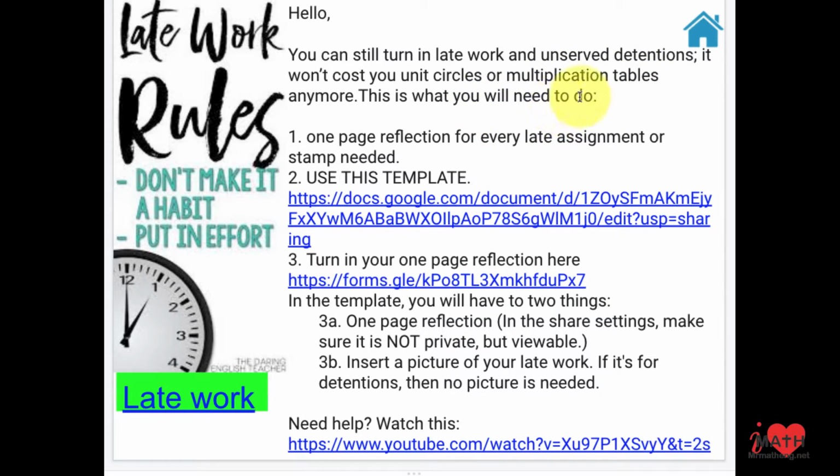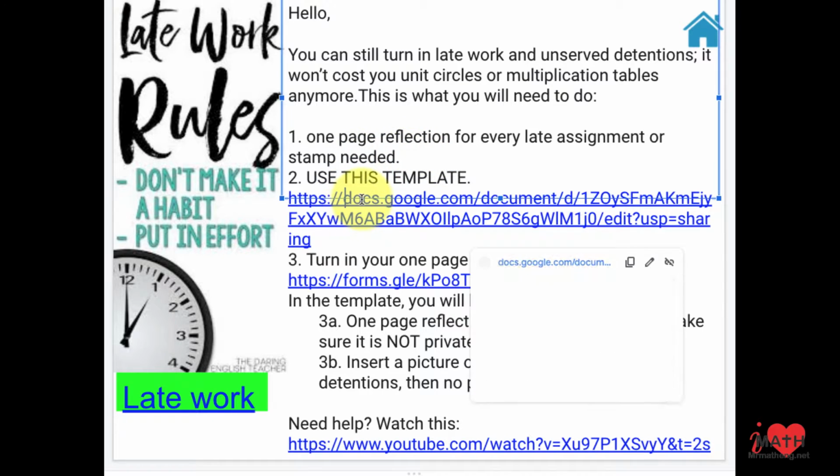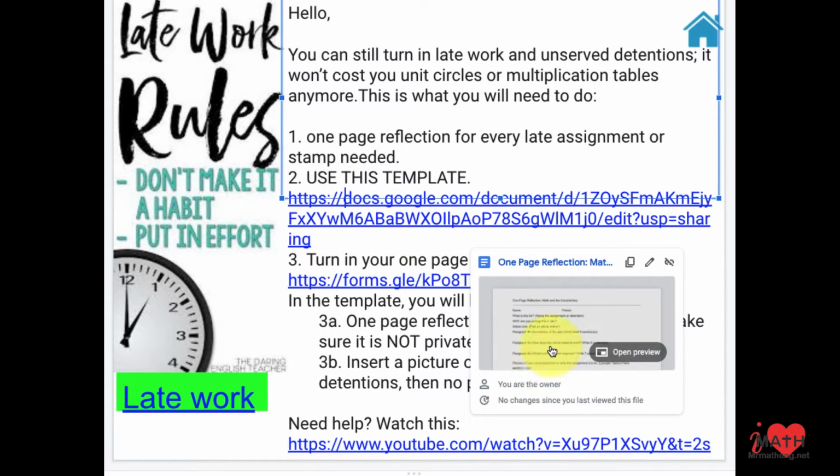If you're in my live classroom, I would have made you guys do this busy work here. Number 1, the 1-page reflection for every late assignment or stamp. We don't do stamps here, but anytime you need to turn in a late assignment like a packet, you'll have to do one of these. This here is a 1-page reflection. It has an example and you fill it out. Basically, you